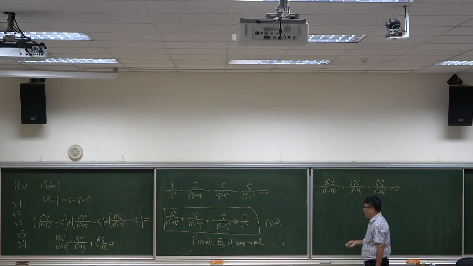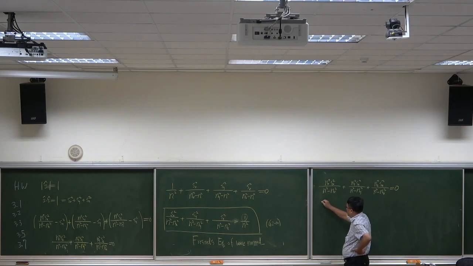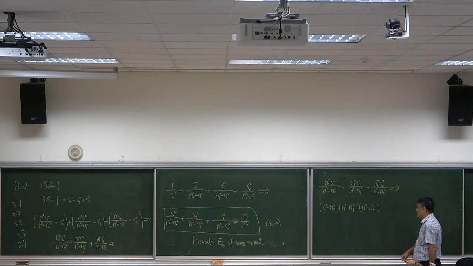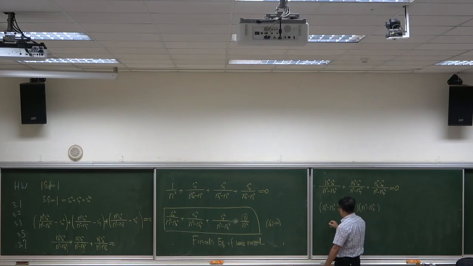Now I try to multiply the whole equation by this factor. Multiply this factor to the whole equation. Then we get